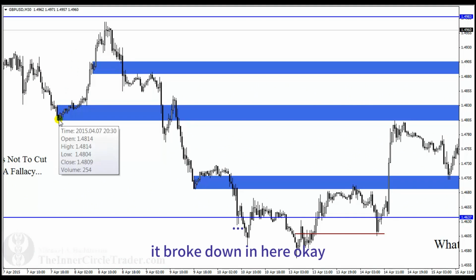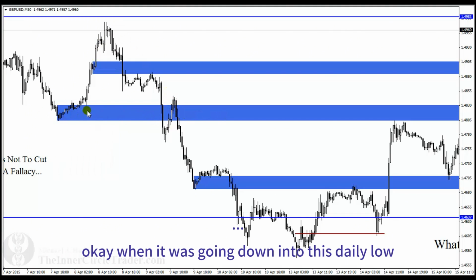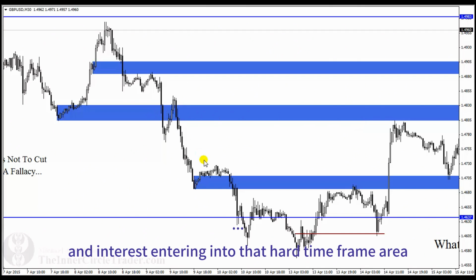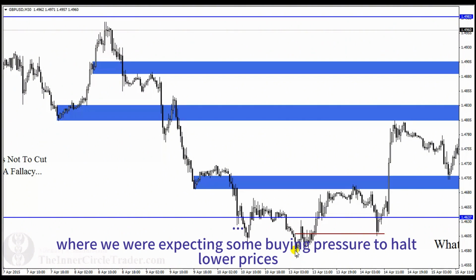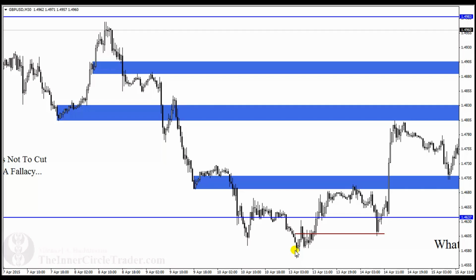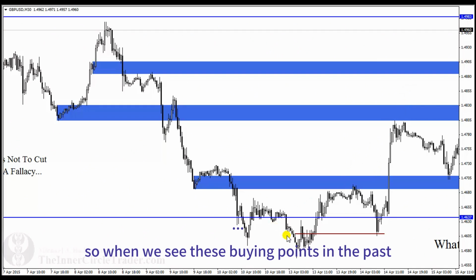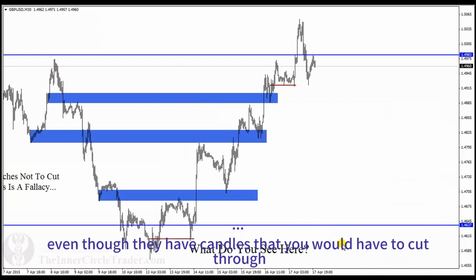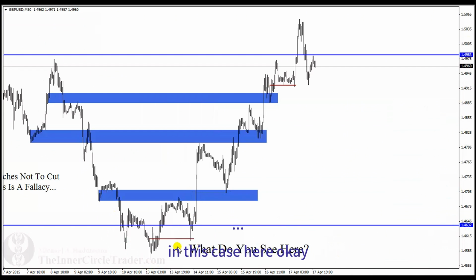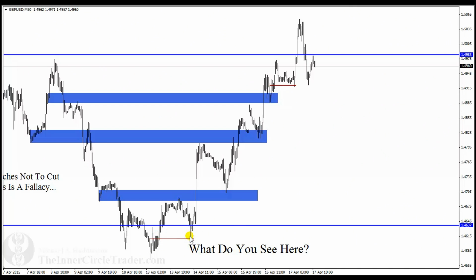So when we see these buying points in the past, even though they have candles that you would have to cut through, in this case here, okay? When we go down to the buying point, when there's a smart money reversal point, like we talked about in Market Maker 6 and Market Maker 7, respective to the buy and sell profiles, when the price starts to go on the opposite end and start moving higher, as we have here in the Market Maker buy profile, on the other side of the curve, once we had the reversal point, every time price comes down to an old level of buying, it should be supported. So if we see that